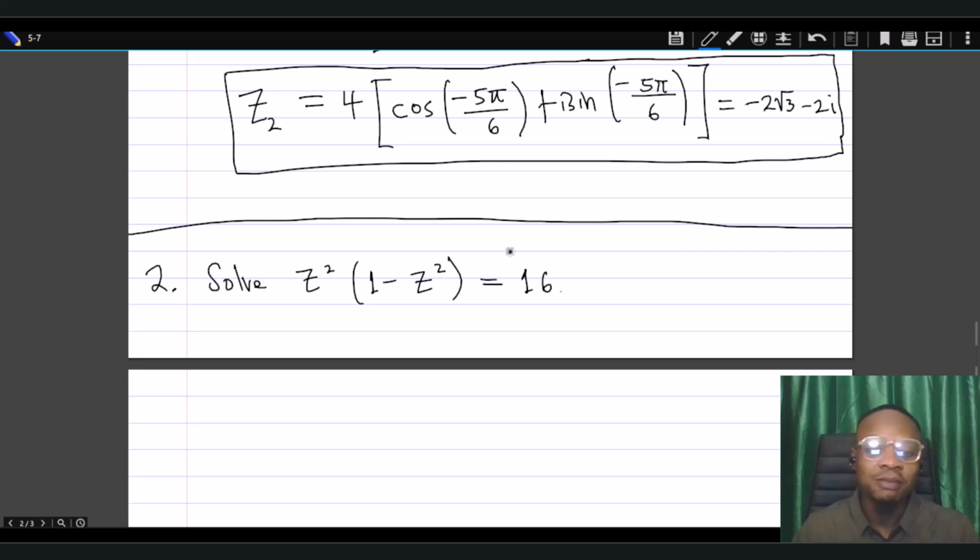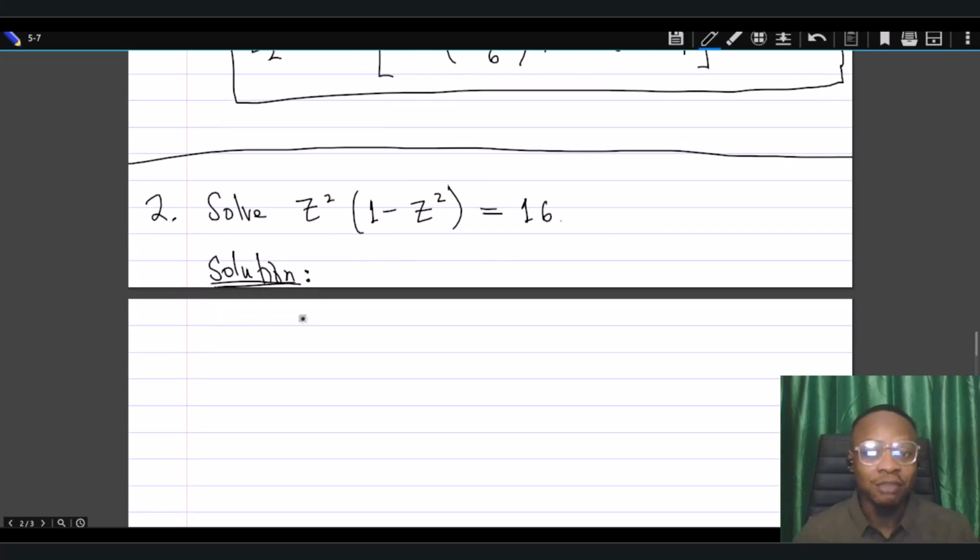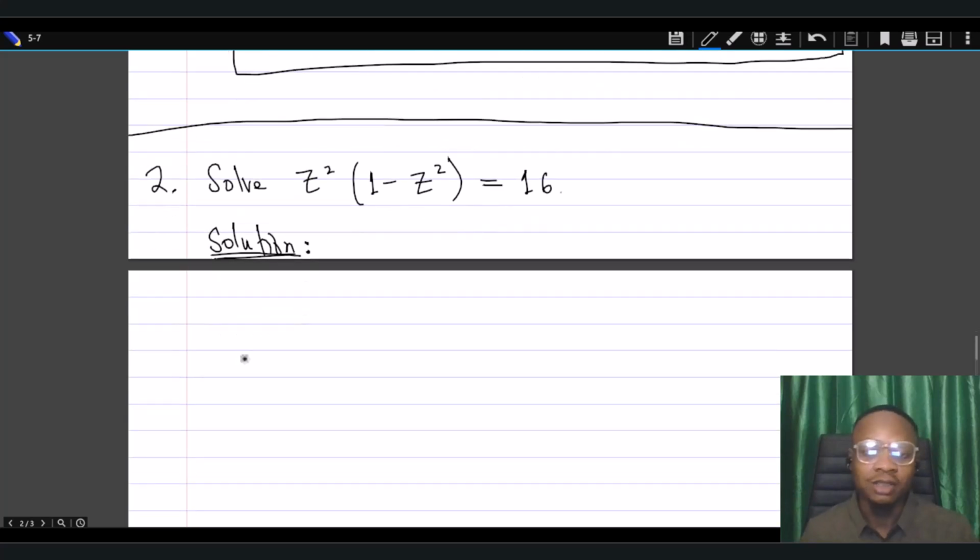It looks quadratic because we have z squared all through. But don't get carried away. This is not quadratic because z squared is multiplying some expression that contains z squared. So by the time we clear that off, that is no longer quadratic. If it were quadratic, and of course we have real coefficients, we could just use the calculator for that and get the result directly. Okay, but in this case, let's move on and say